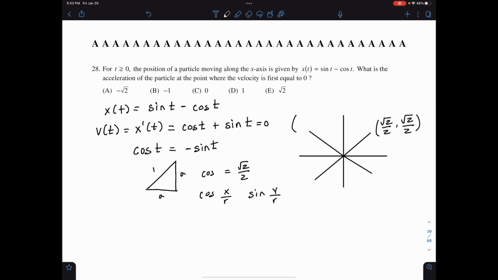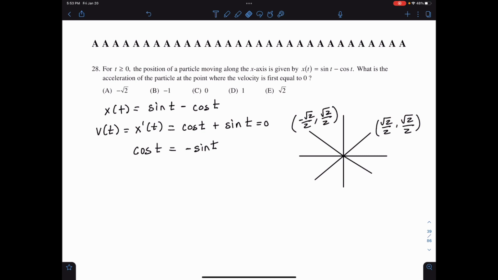In the second quadrant, cosine is a negative square root of 2 over 2, and sine is positive because y is positive, root 2 over 2. So right here, as we were just going in this positive direction, we've already found a value where the value for cosine is the opposite sign of the value of sine. So what this means now is our first value of t that makes this true, which means our velocity is equal to 0, is